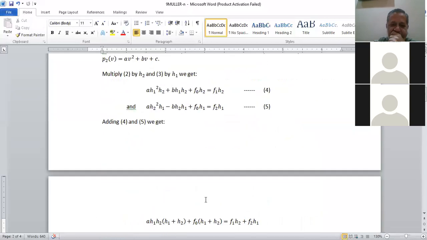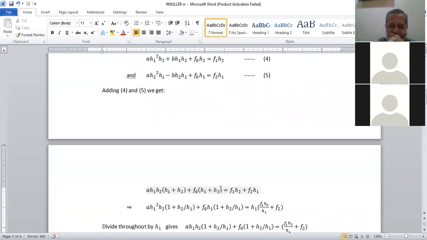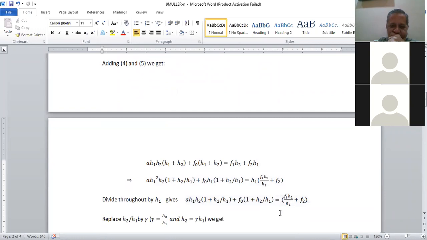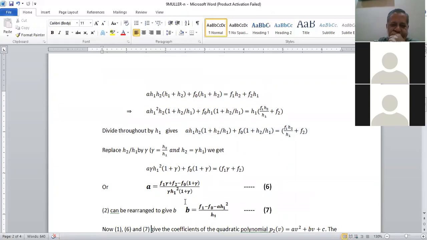इसको सॉल्व करने के लिए जो मैंने स्टडी इस्तेमाल की है, दोनों इक्वेशंस को, पहली को यानी सेकंड इक्वेशन को h2 से मल्टीप्लाई किया, थर्ड इक्वेशन को h1 से मल्टीप्लाई किया और इन दोनों इक्वेशंस को ऐड किया। तो ऐड करने के बाद जो कुछ बचा उसके साथ मैंने जो अलजेब्रिक गेम खेला है उस पर ज़रा गौर फरमा लीजिएगा। यहाँ से h1 कॉमन लिया है तो इसकी क्या शक्ल बन गई, और h1 कॉमन लेने के बाद हमारे पास रेशियोज हैं h2 अपॉन h1, h2 अपॉन h1, h2 अपॉन h1 थ्रू आउट द इक्वेशन। तो h2 अपॉन h1 को एक नया नाम दे दिया गैमा, जस्ट टू राइट डाउन इक्वेशन मोर इन अ मोर सिंपल फॉर्म।